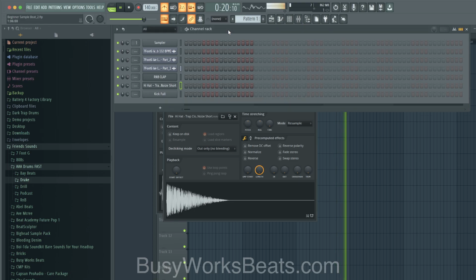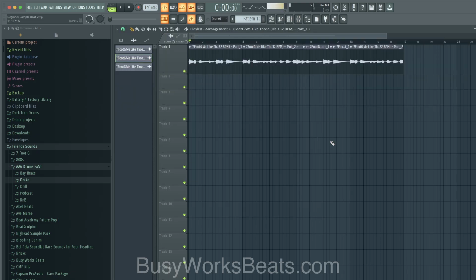Okay, so now we have a kick, we have a clap and a hi-hat. Here's the clap. I'm hitting the comma button on my QWERTY typing keyboard to hear it, which is middle C. That's my hi-hat, and then that's the kick. So how do we add this into this?